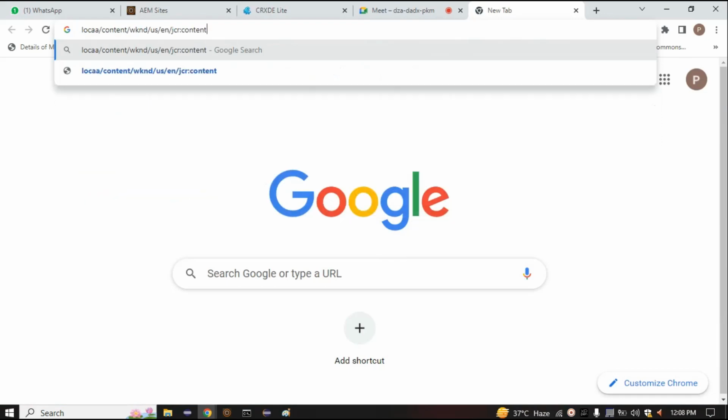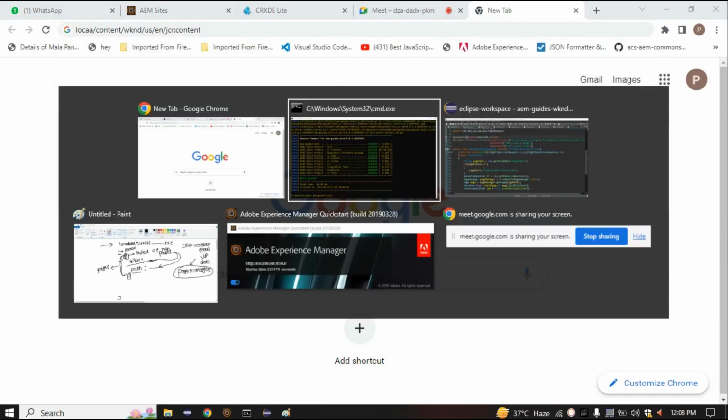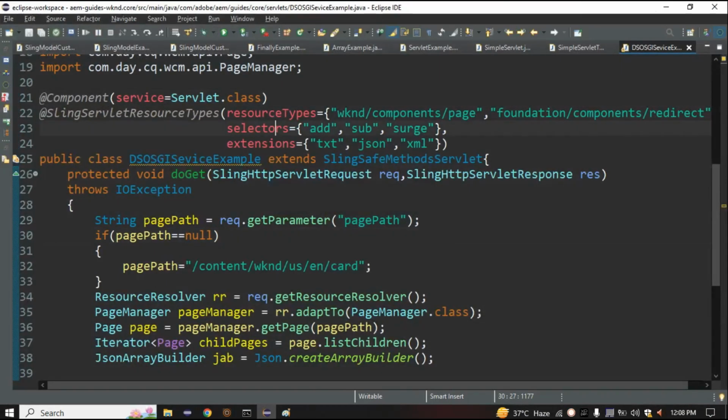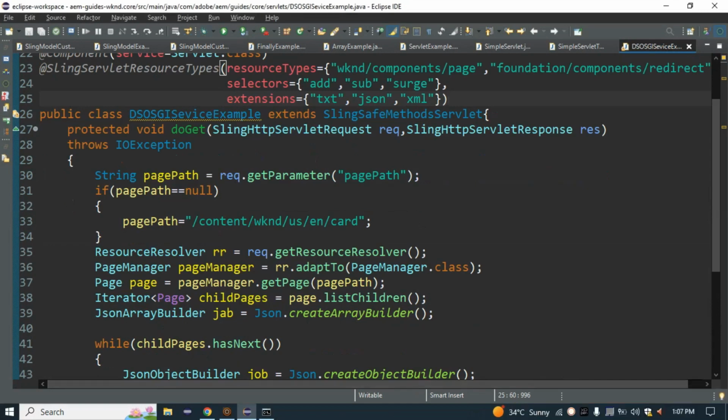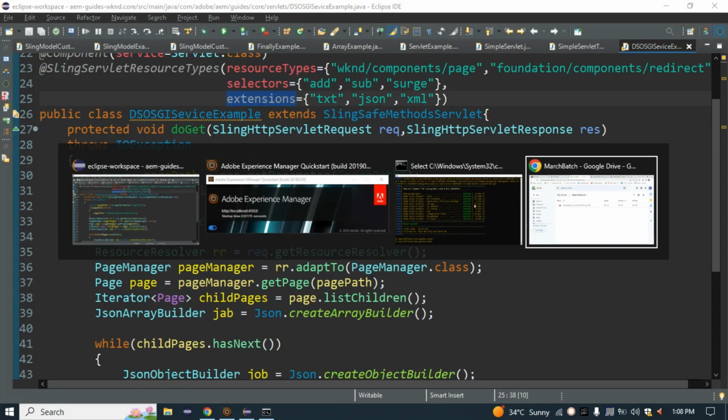localhost we have to define, and later we have used the selector and the extension. Okay, so here I have added the selectors and the extensions. So whenever we are defining this selector and the extension, we have to use it anyhow. So I'm just going here,